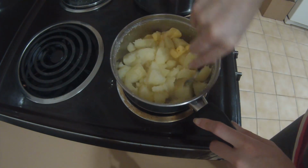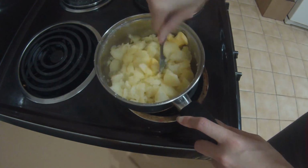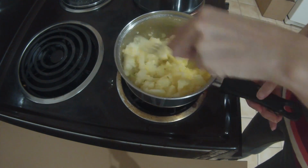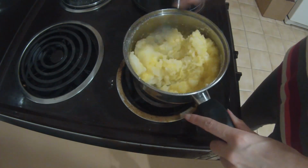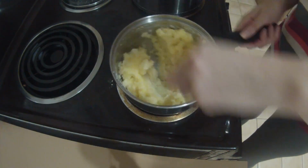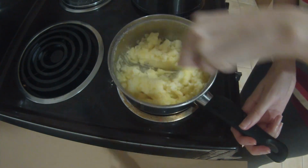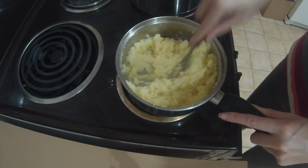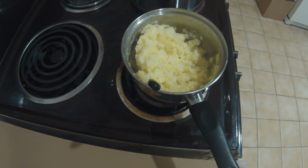So now, while the margarine's melting, we're going to just mash it all up with the fork. You can use a masher if you prefer, but I was taught to do it with a fork, and as you can see, I'm pretty good at it, so this will take a few minutes to mash. As you can see, I'm going around the pot non-stop just to make sure that I get all the potato squished and mashed. We don't want any lumps in our mashed potatoes, so it's always good to do a really